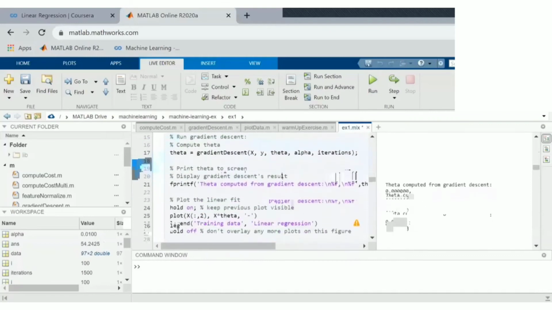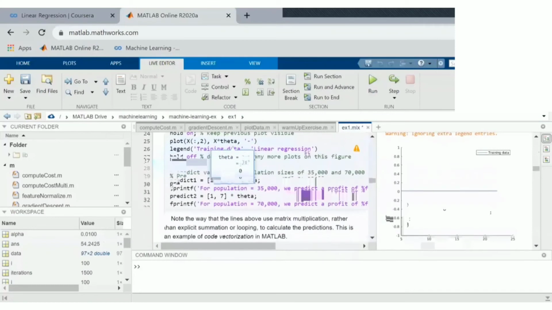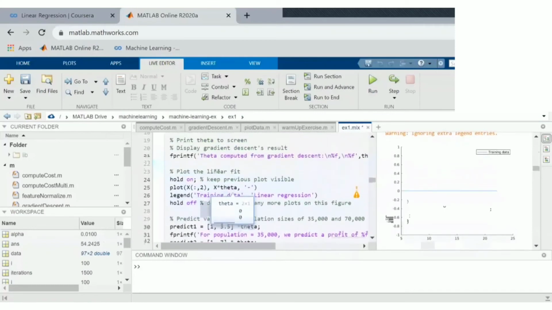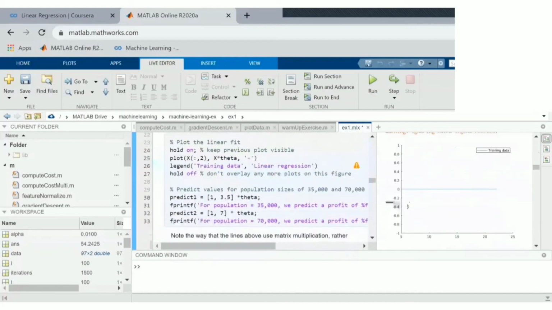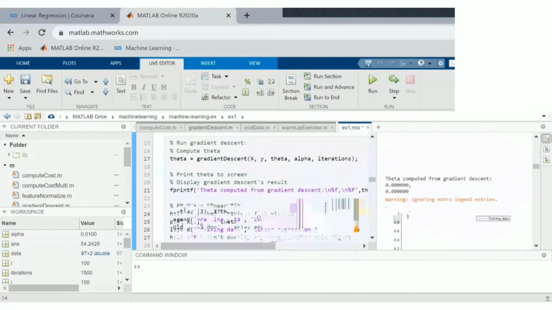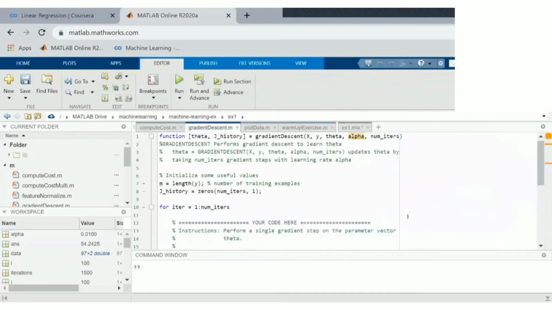So we need to complete the gradientDescent function. This is the gradient descent function. Here we are making the prediction. Before executing this, we need to create the gradientDescent function. So click on gradientDescent.